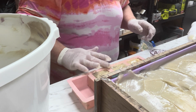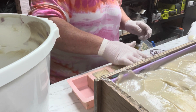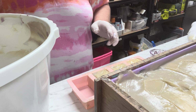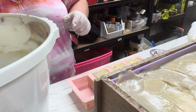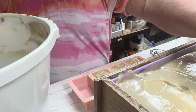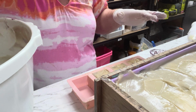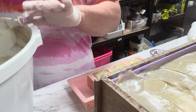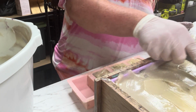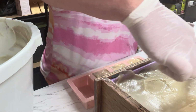But anyway, we are going to leave this, I think, until a day or two, probably tomorrow or tomorrow night maybe. I will take that out and see how it's going. Now if you want, you can get a scraper to make sure this is super straight, but we don't need to worry because we can fix that later. Oh, look, and I've made a mess of this spoon, but it doesn't matter. Just try and smooth it down a bit,